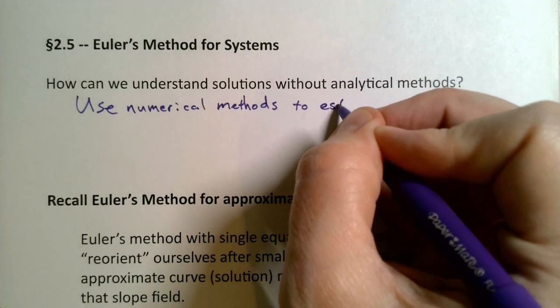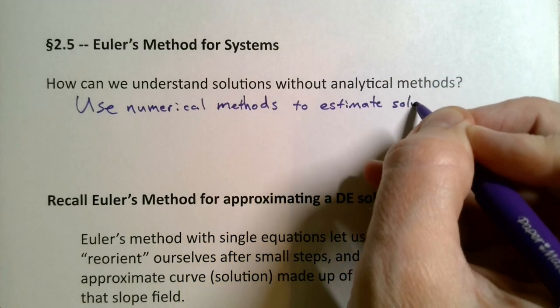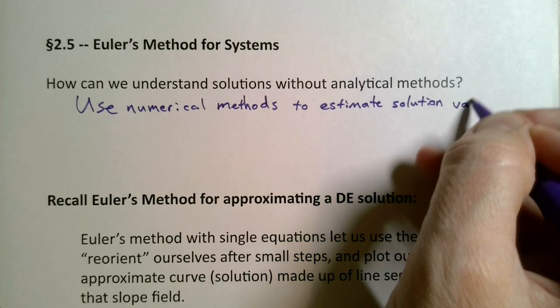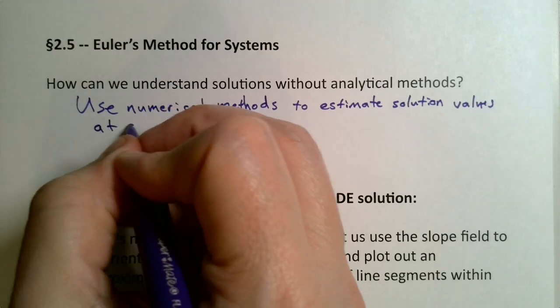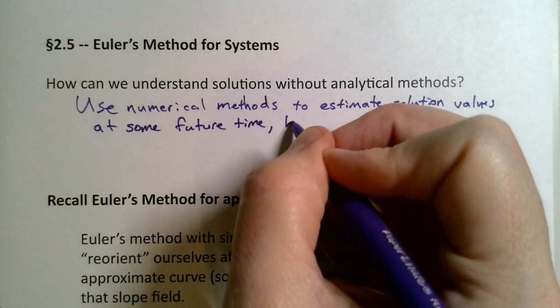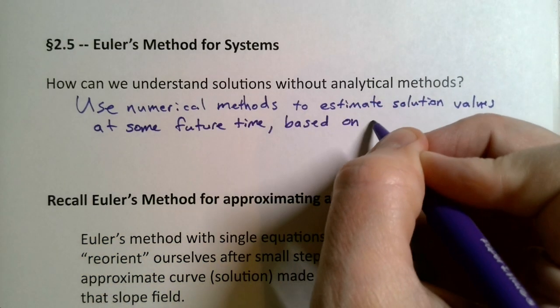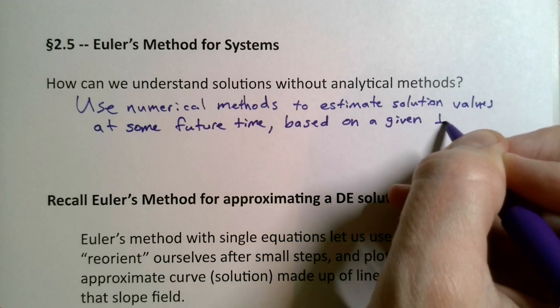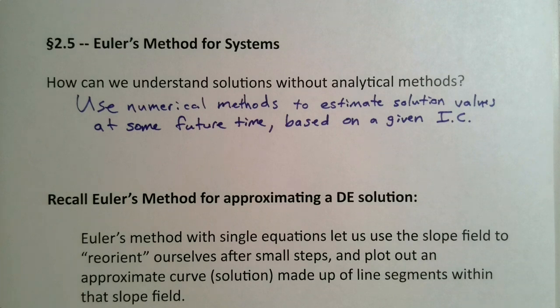to estimate solutions or solution values at some future time based on a given initial condition. So this sounds familiar. This is kind of what we were doing in Chapter 1 when we were learning Euler's method. But this time we're actually going to be thinking about the phase plane and the extra dimension of time as well. And so that means we can think about our differential equations, our system of DEs,